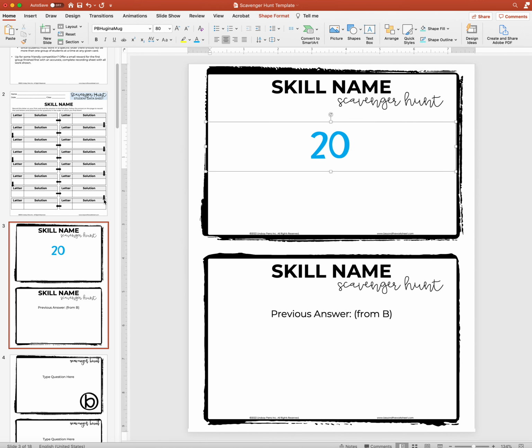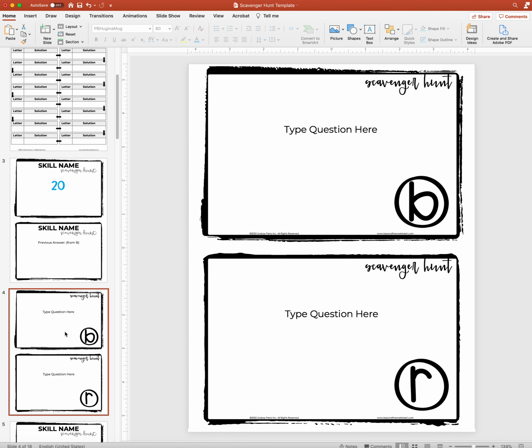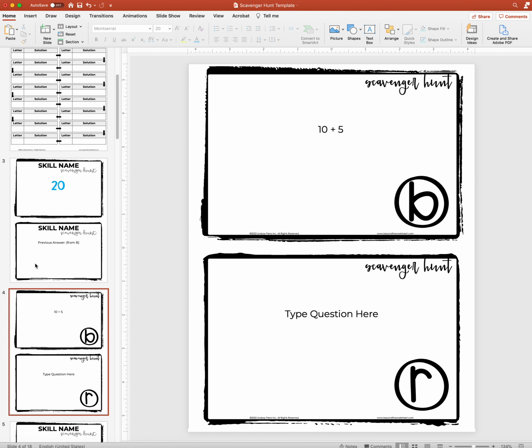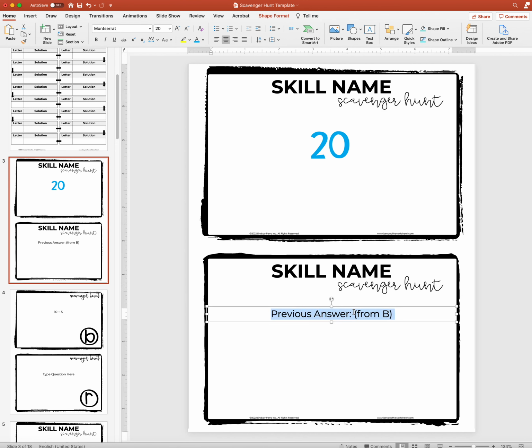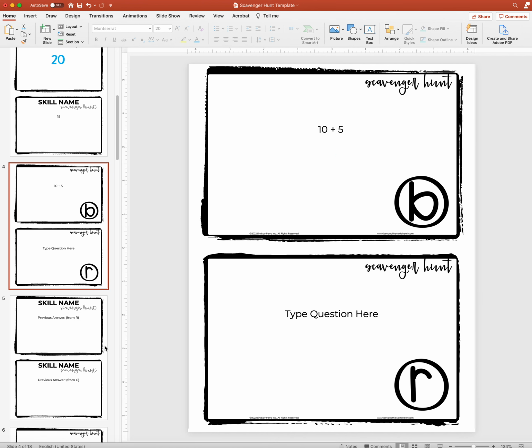And then this other card on here is from B. So B is here. So we're going to say 10 plus 5. And I'm not going to keep making all of these big and pretty, but you understand how to do that. And then 15. Then you skip this card. R, you don't have that on there just yet